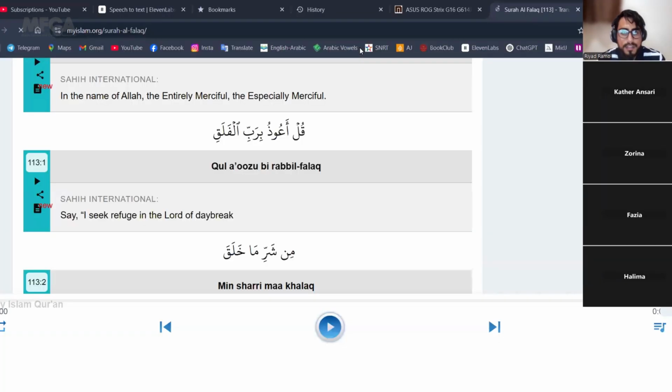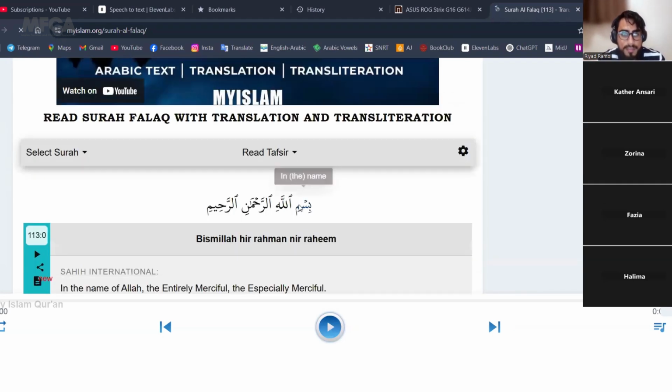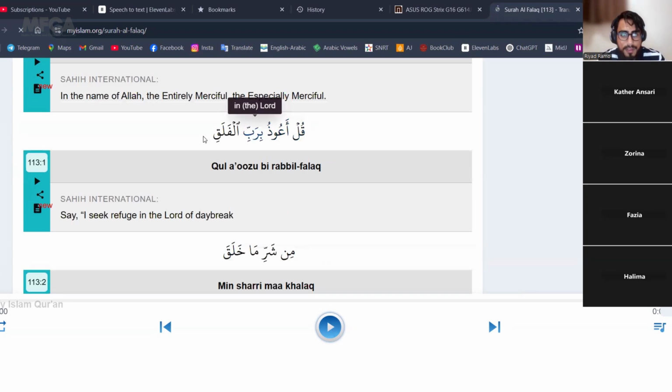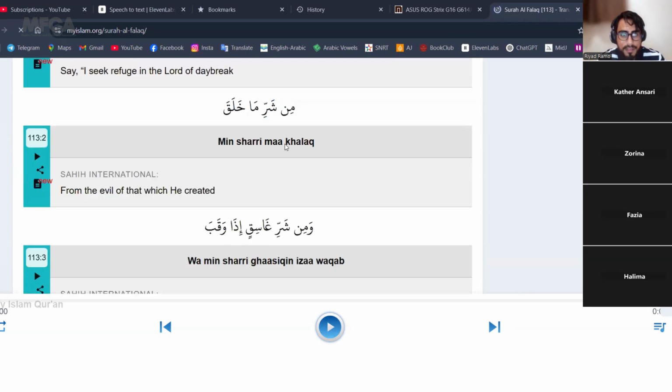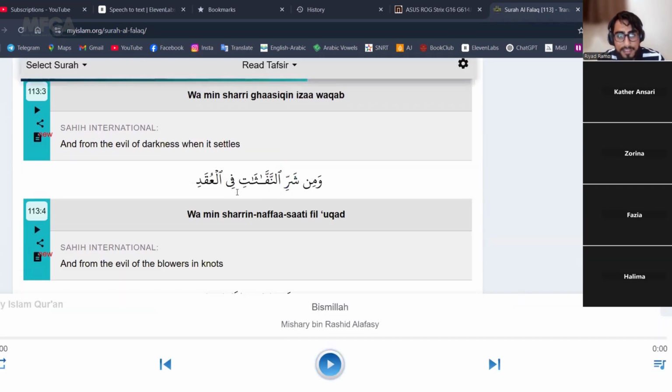Okay, look. This is the second to last surah, Surah Al-Falaq. We have Surah An-Nas, then Surah Al-Falaq, right? Then Surah Al-Ikhlas. So look. Bismillah ar-Rahman ar-Rahim. قل أعوذ برب الفلق من شر ما خلق من شر غاسق إذا وقب من شر النفاثات في العقد